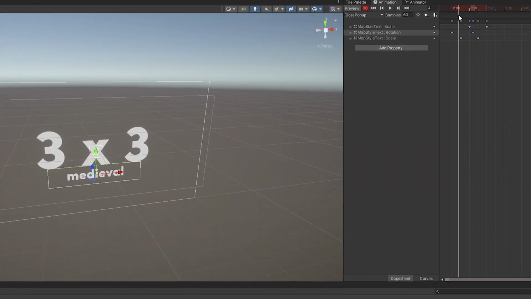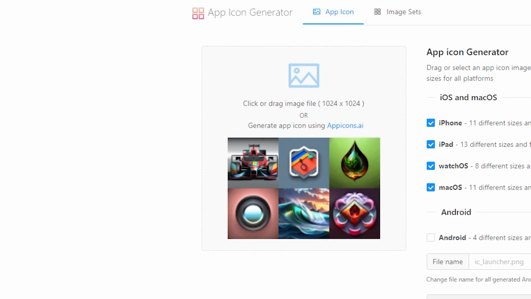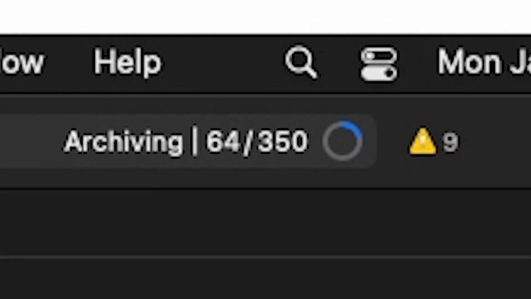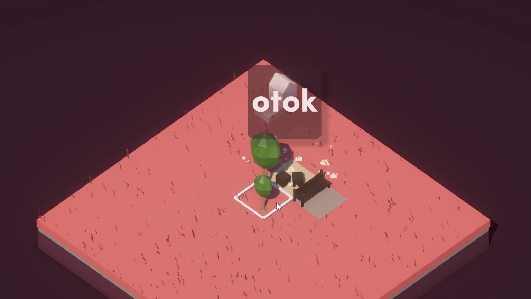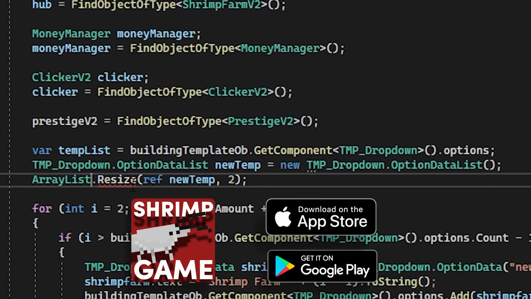I made a shrink animation for the text, coded it in, look at it, open up the icon generator, put in the icon, generated the icons, added in the icon folder, build, threw it into Google Drive, archived it in Xcode, upload to the App Store, Otok available on iOS and itch.io, shrimp game time, coded some stuff to reset